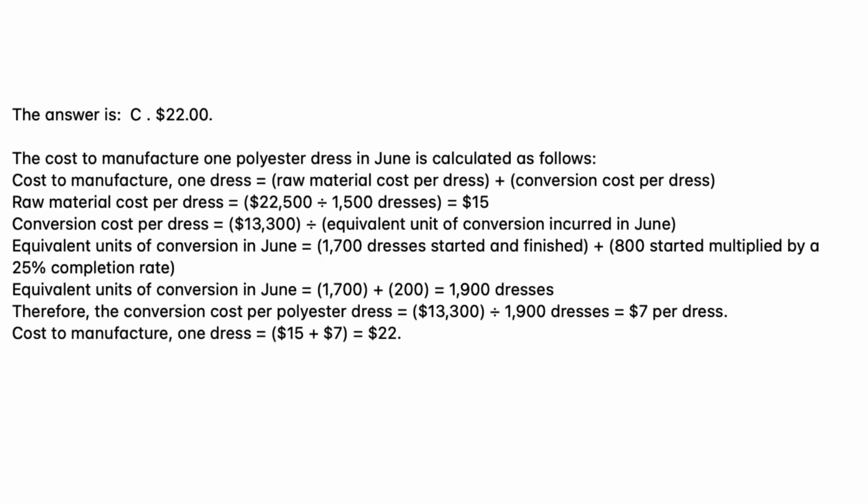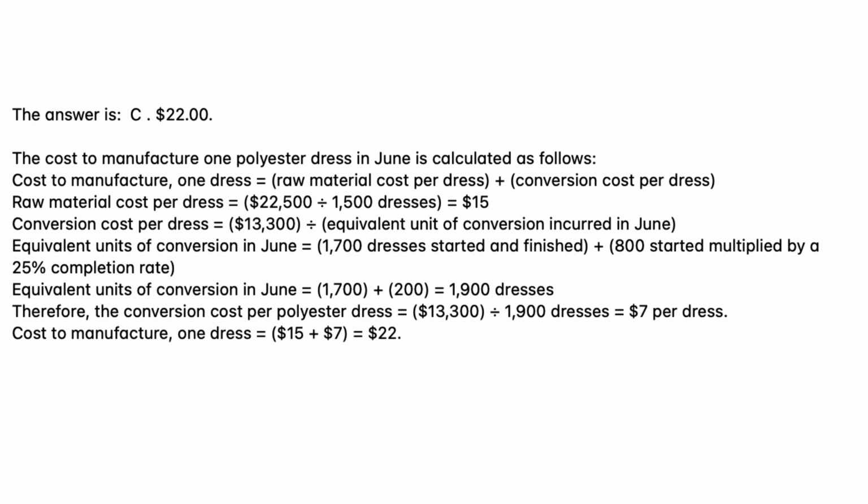$22. The cost to manufacture one polyester dress in June is calculated as follows. Cost to manufacture one dress equals raw material cost per dress plus conversion cost per dress. Raw material cost per dress equals $22,500 divided by 1,500 dresses equals $15. Conversion cost per dress equals